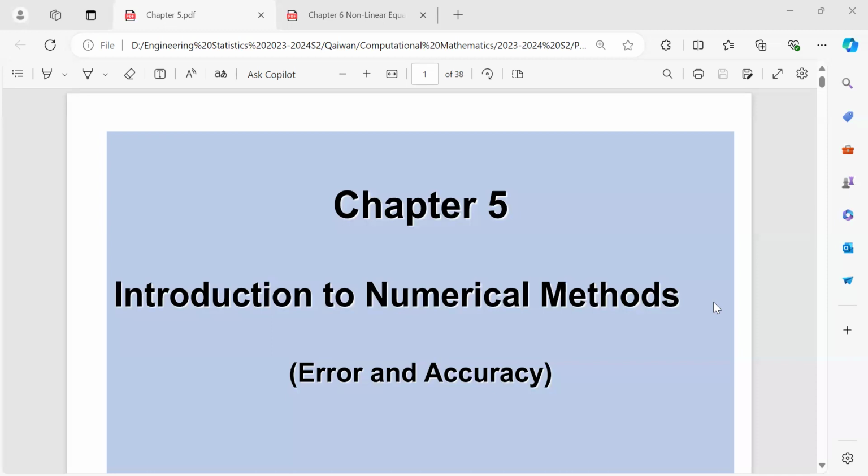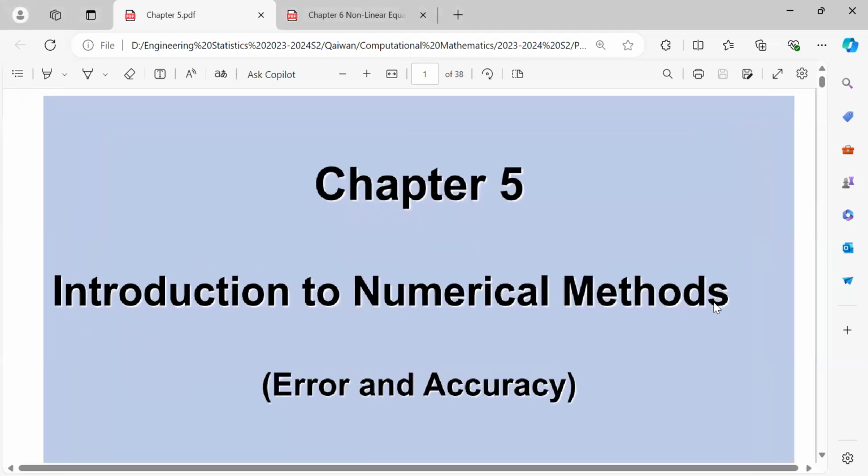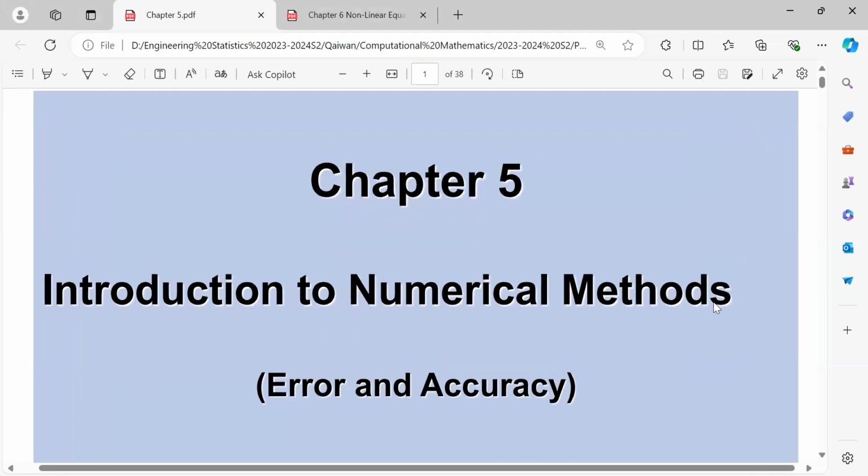These chapters are all about approximation: approximate solution for a nonlinear equation, for interpolation, for integration, for derivative, for those types of functions and data. The first chapter in approximation, which is chapter 5 in our material, is only an introduction for numerical methods. Here we just talk about some types of errors and finding the most suitable